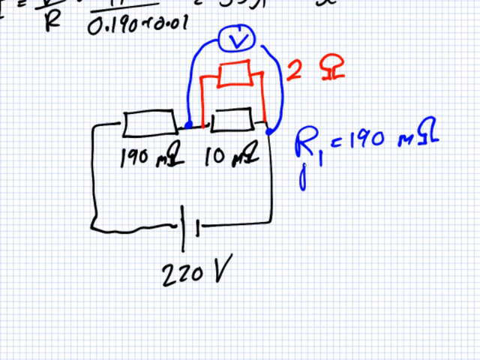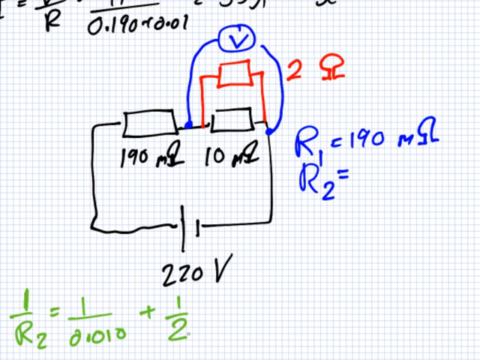The R2 is not 10 milliohms, is it? Because the resistance has increased. How can I get the total resistance now? I could say 1 over R2 equals 1 over 0.010 plus 1 over 2. So this means R2 will equal